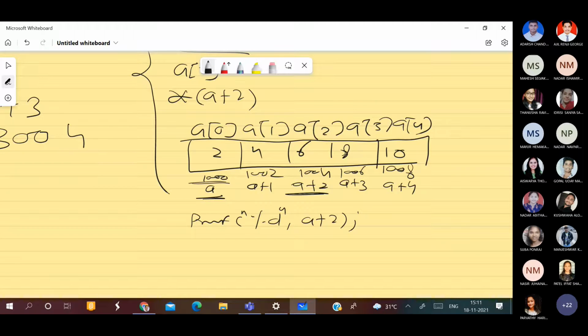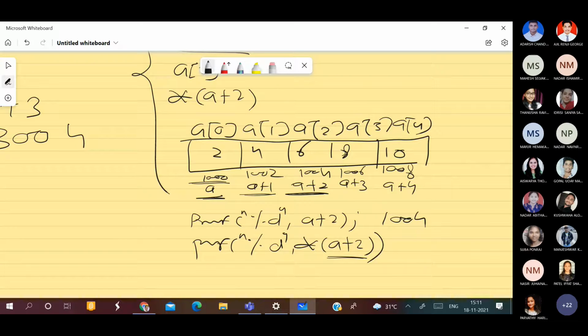A is 1000. What is A plus 1? 1002. What is A plus 2? 1004. So what will I get here? 1004. So if I wanted 6, then I will write that as star of A plus 2. That means the value at 1004, right?